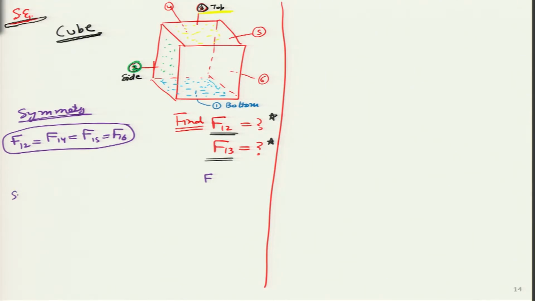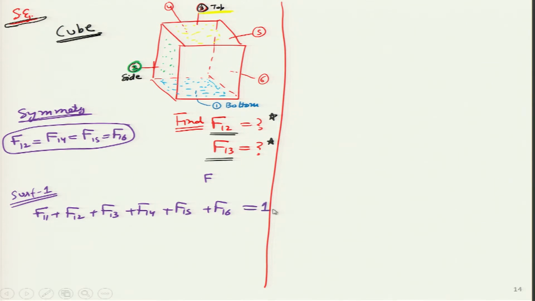And I can also write the summation rule for surface number 1. So, let me write it over here, that for surface 1, what does the summation rule tell me? F11 plus F12 plus F13 plus F14 plus F15 plus F16 total has to be equal to 1. And all these equal to, maybe I will put as a constant C over here. Now, let me simplify this summation rule equation. Although it looks very long, I will just make it very short in just a little while.